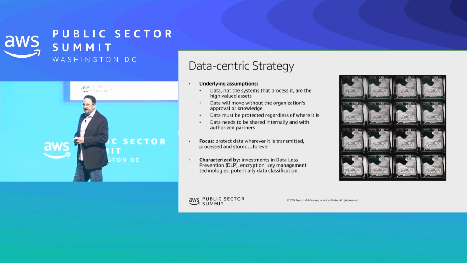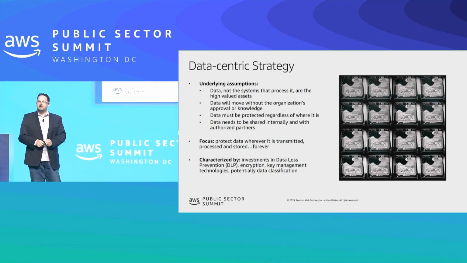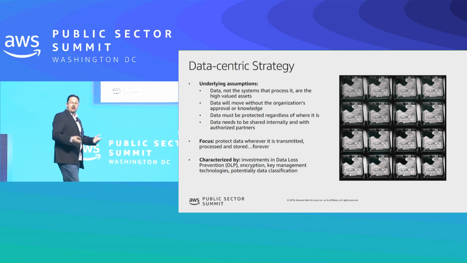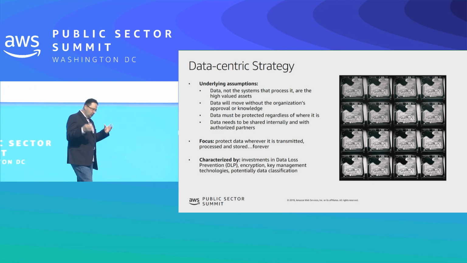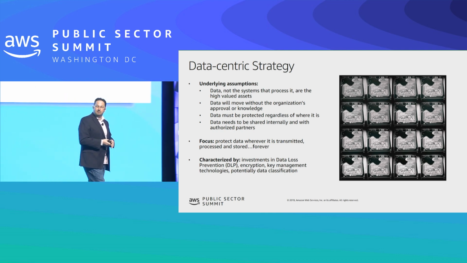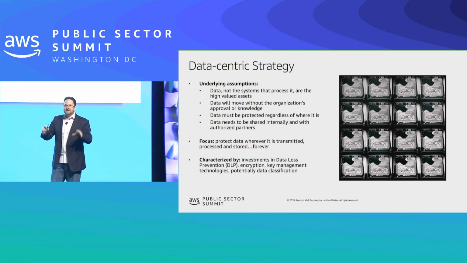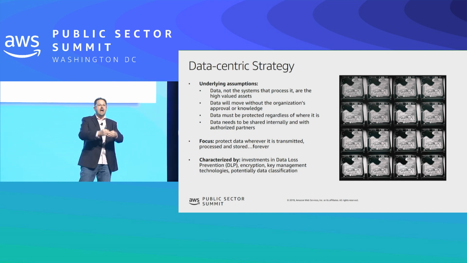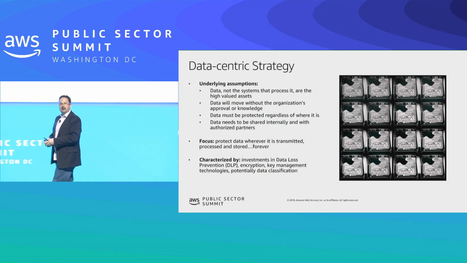All right, another strategy, the data-centric strategy. Instead of using all these proxies, why don't we just protect the data? So a big part of that's encryption. So why don't we just encrypt the data and really just focus on key management, because that's the point of encryption, right? Is to reduce the attack surface area. Instead of having to protect all files everywhere they are forever, you encrypt them and protect the keys. Okay, reduces that attack surface area dramatically.